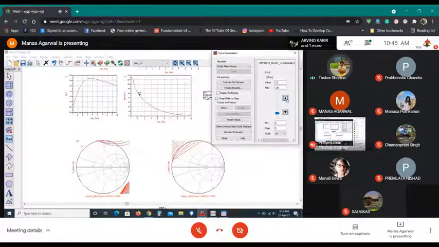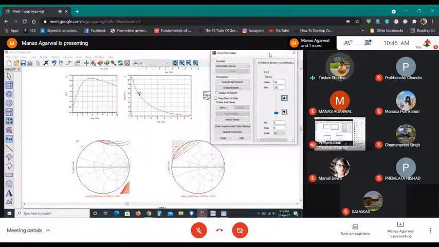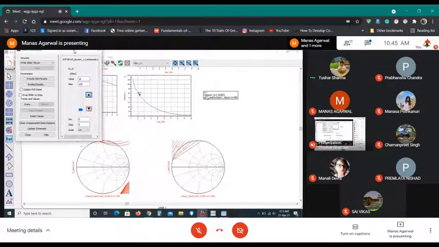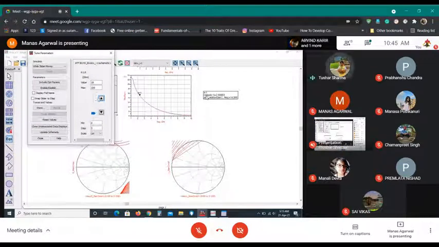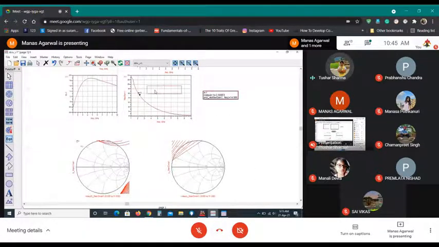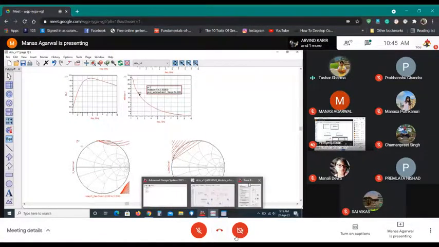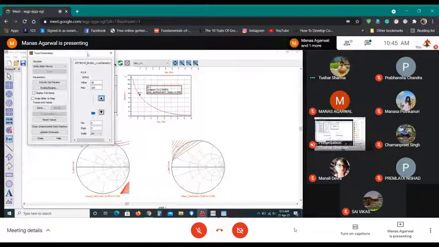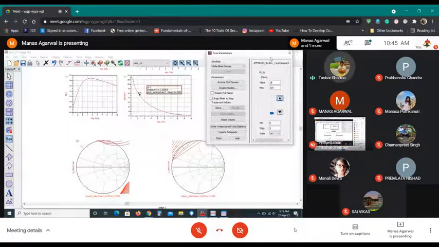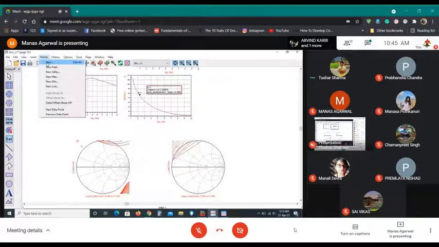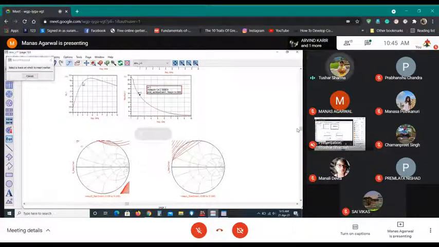So if you increase, your gain decreases. Why don't you move that box into your max gain, so that you also have to see mu at the same time, so adjust accordingly. Move it on the right and monitor both of them together. Yeah, now you are getting it.